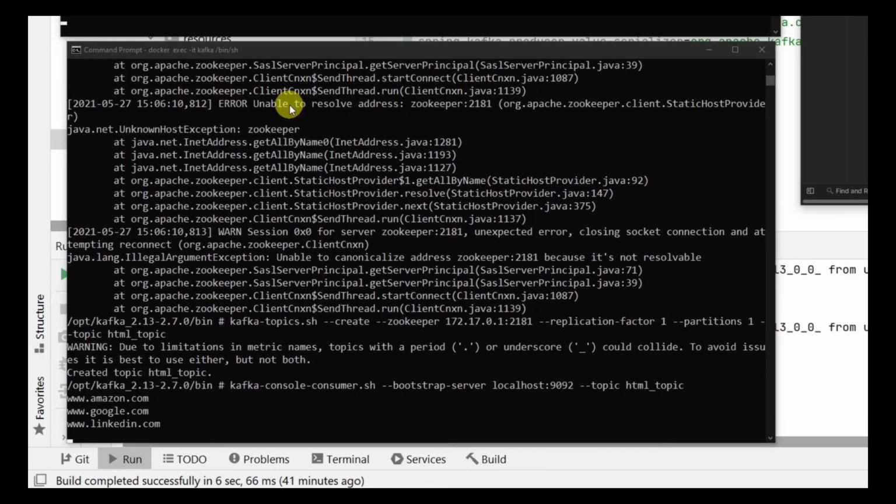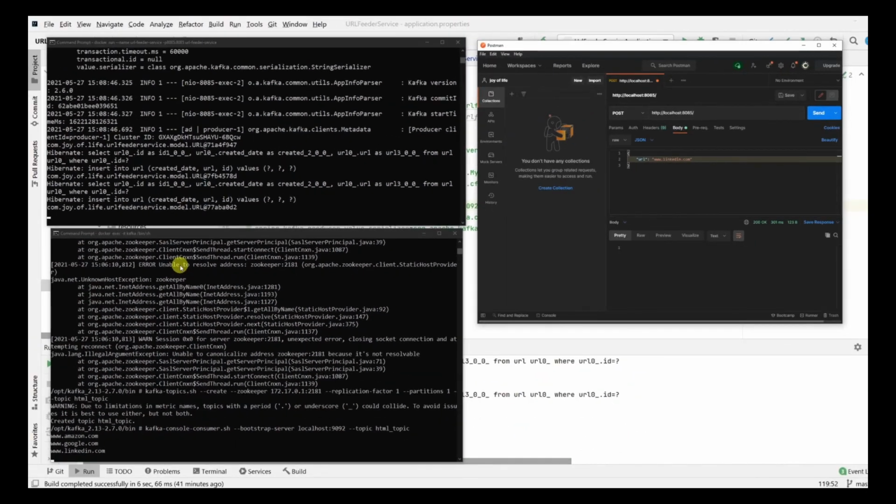So that's all from this tutorial. In the next part, we are going to see how to create a consumer, and we are going to consume this message directly from the consumer, instead of using a console consumer. We are going to use it through our application. So we are going to create a service next time, which will not have an endpoint, but which will be listening to our Kafka topic, and it's going to consume messages and do the needful things, right?